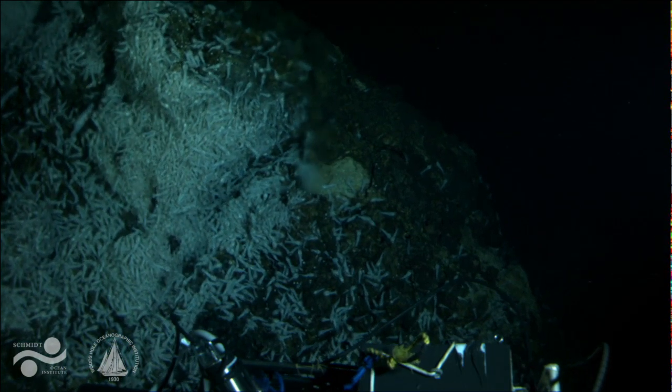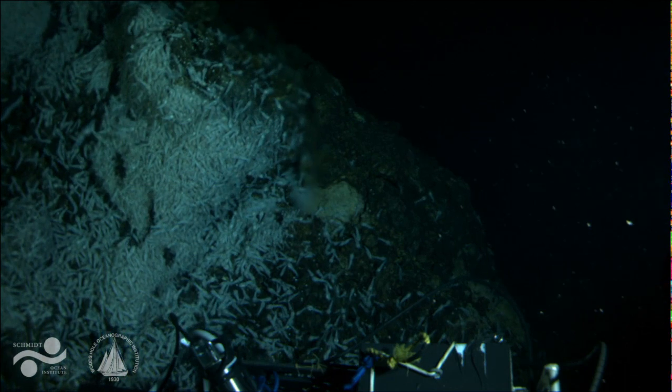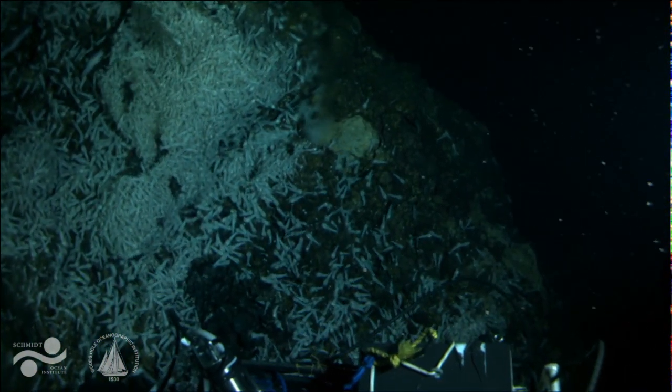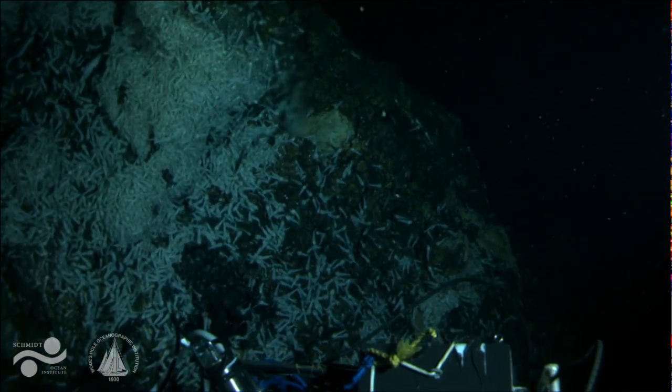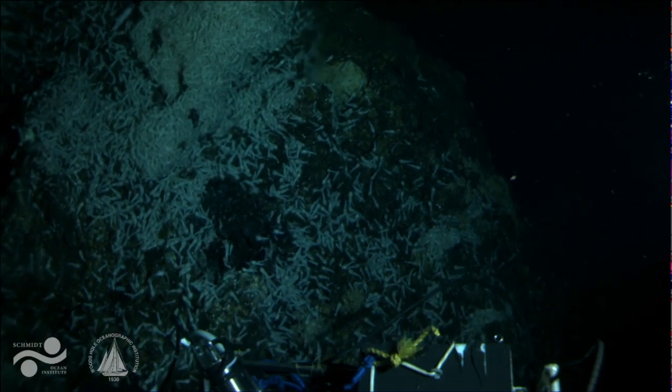Casey, I wonder if what we could do is center up on this crevice full of shrimp ahead of us. We're going to be heading out to the east shortly, so if we could rotate round, I think that'll bring us round to facing more to the south. Maybe we can fly up over this hill before we start our long trajectory. And what we're going to be doing now,